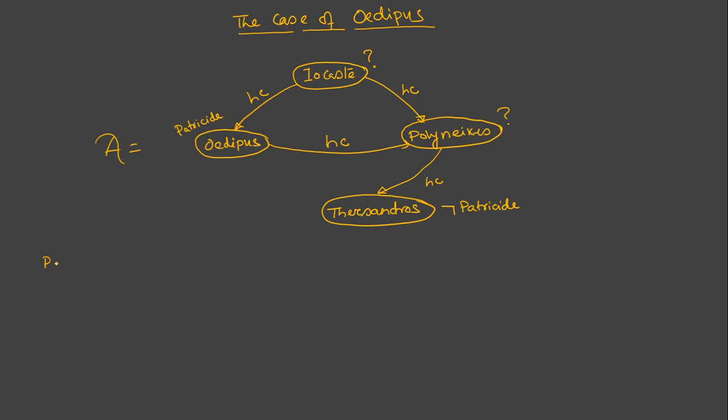We'll be having one table where we just say that Oedipus is a patricide, right? And Tharsanders will belong to not patricide, because something that is not stated in a relational database will be assumed to be false, right? So we'll say that Tharsanders does not belong to the patricide class. That will be the closed world assumption way of thinking, right? Now the other